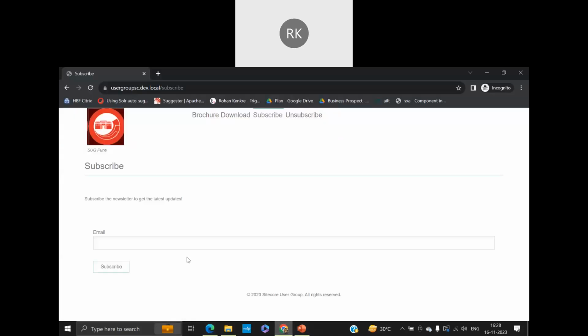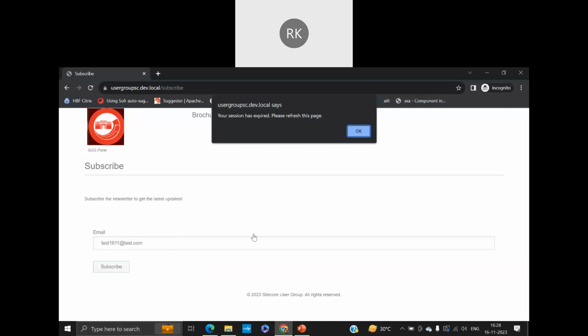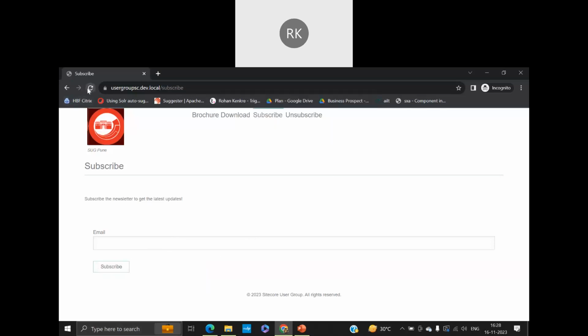This process is in real time, but since it's a processing service, the automation service that runs behind it will take at least 15-20 minutes to reflect it into the list manager, right? So let's say if I come here and put test, what is today's date? It's 16/11 @test.com. And if I click subscribe, oh, we'll need to refresh. And then test 16/11